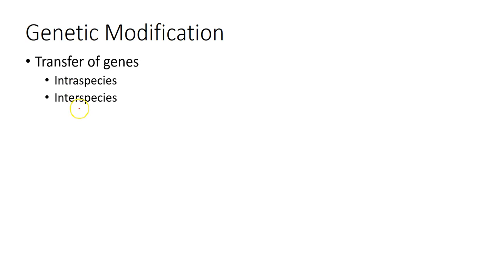So let's talk about what genetic modification is to begin with. It is anytime we take genes, specifically genes, not just DNA, but genes, and move them either in between species, that would be interspecies modification, meaning we take something from a fish and we put it into a tomato, for instance, or intraspecies, and